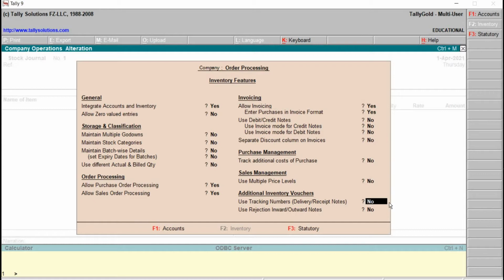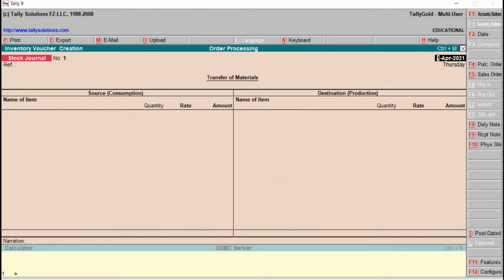No is there, we have to make it Yes. Once we deliver the products to the customer or once we receive the material from the supplier, these vouchers have to be activated. Press Y from the keyboard. Later, to accept this one, press Y. The purchase order voucher is activated.